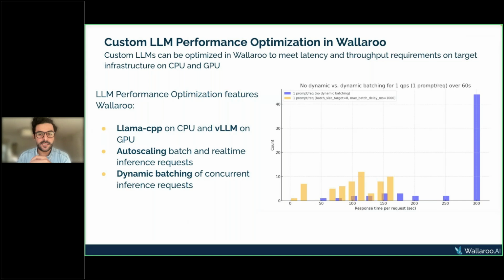And the techniques that we have implemented today to ensure that there's a good trade-off between cost and performance are frameworks that are available for custom LLMs, mainly Llama CPP, to drive maximum performance on CPU, as well as vLLM to drive maximum throughput primarily on GPU,